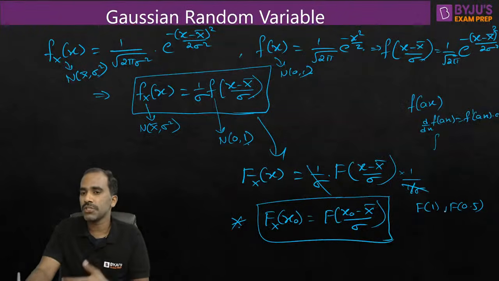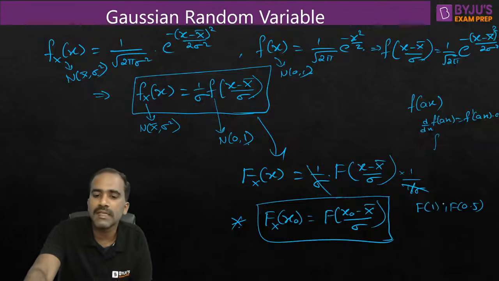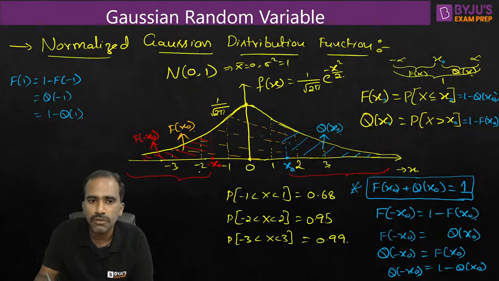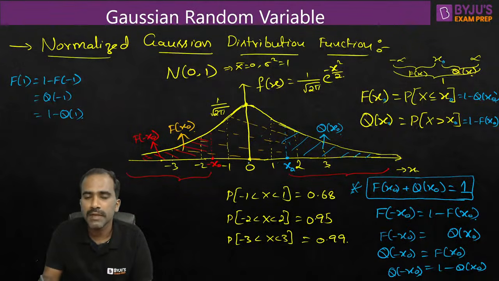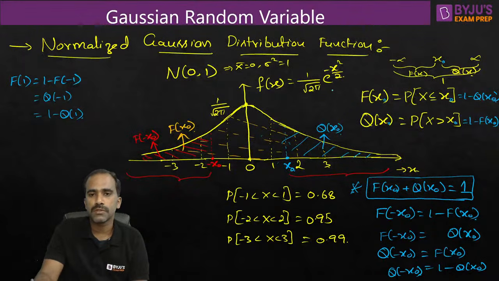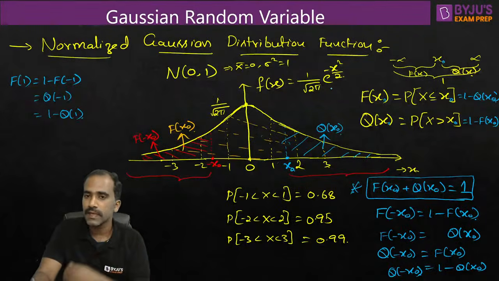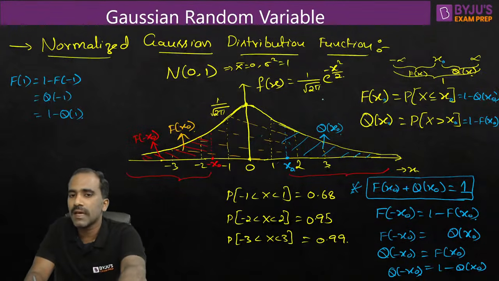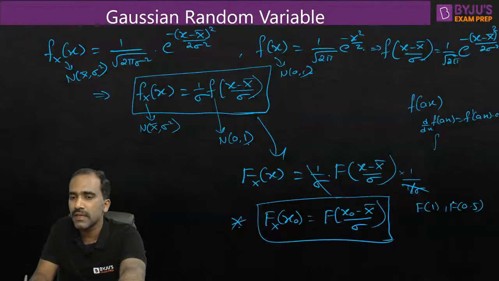In noise, because noise is Gaussian, for a Gaussian function, because it is a complicated curve, right? See this one? This is a complicated curve. If you want to find the area from, let's say, 0.8 to 0.9, can you find it easily? No, it's very tough. By doing mathematical integration and finding the area from 0.8 to 0.9, or 0 to 0.5, or 0.5 to 1.5, it's very tough. Because it has an e power minus x square kind of equation, which is very difficult to integrate. So that's why, using some methods, they found all the values, and they make those values available so we can access them.